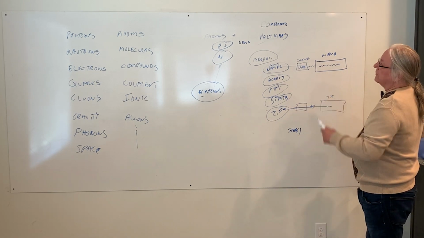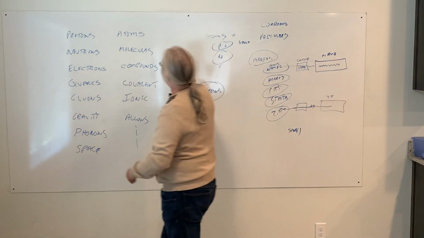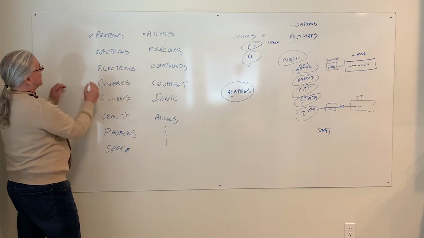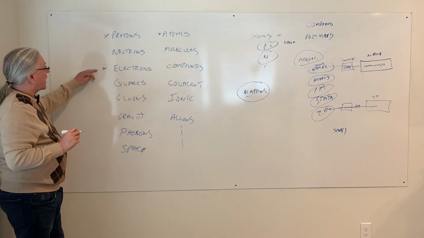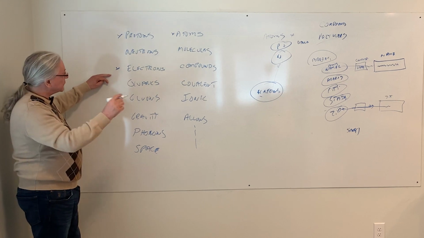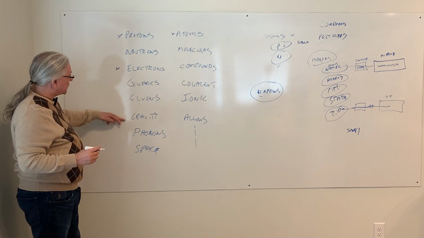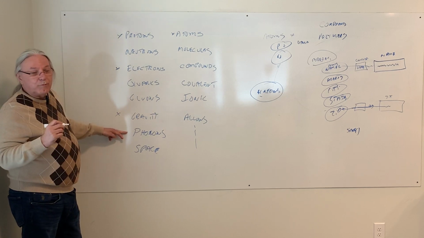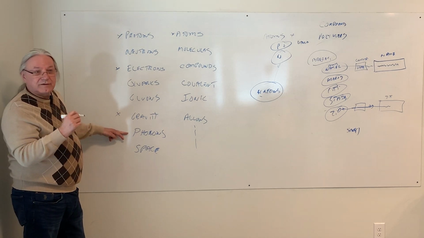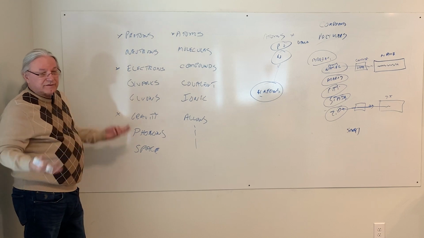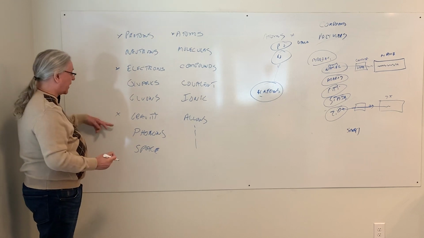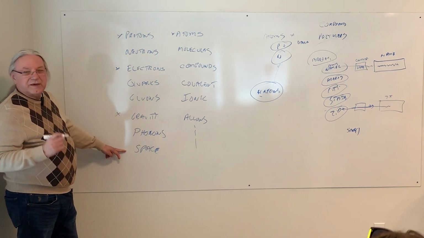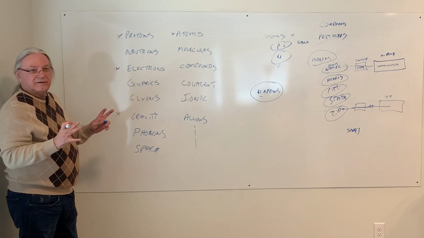So let's go and look at the list. We now kind of found a use for atoms. We found a use for protons. I haven't spoken too much about the electrons, but I'll get to that. We have electrical flow. I haven't done the quarks, gluons. I think I have a place for gravity. Photons, I know what I can't do with them, because if I store values in photons, chemistry falls apart. I've made that mistake. Space, I'm not too sure of yet. Where does space fit? Where is space?